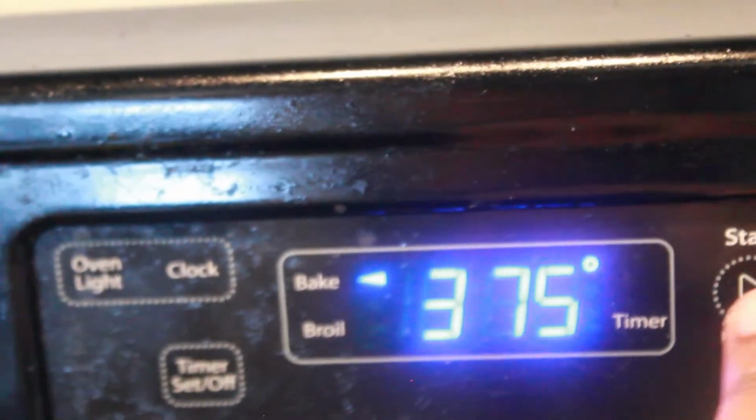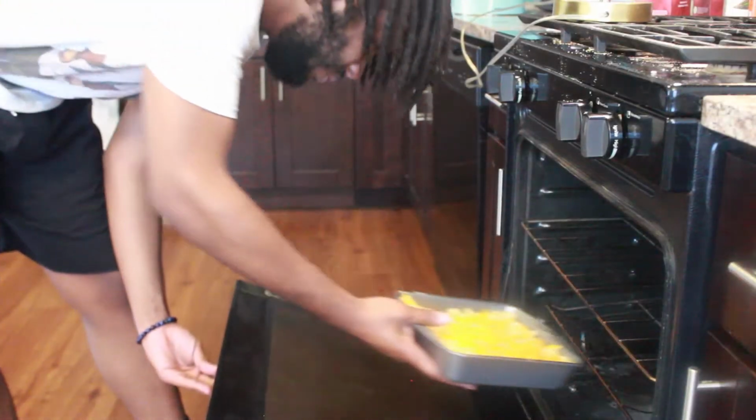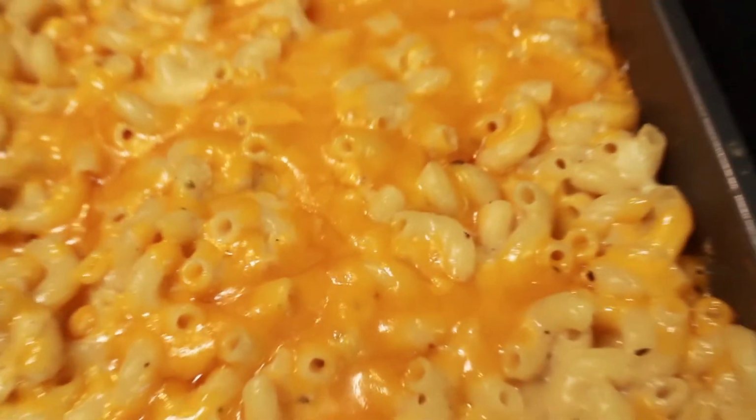Preheat your oven to 375 degrees. Put them in the oven about 7 to 10 minutes because everything's cooked, you're just melting the rest of the cheese, right? Pick it up and